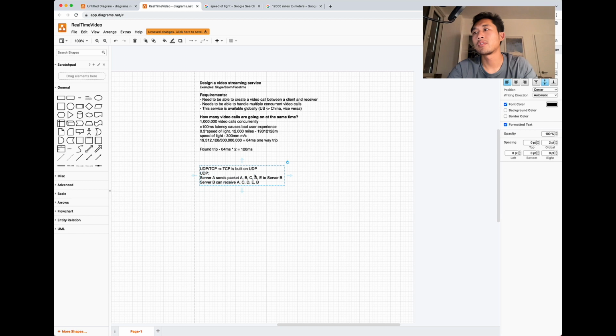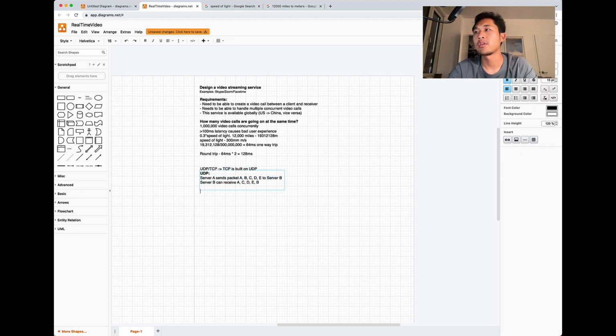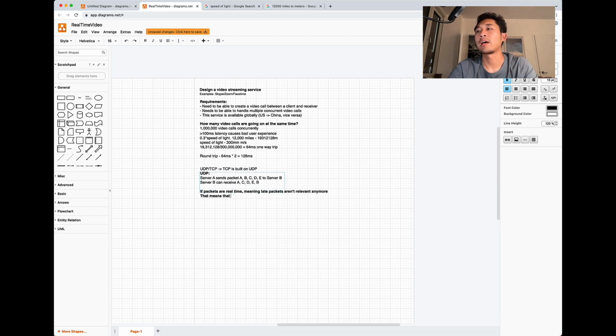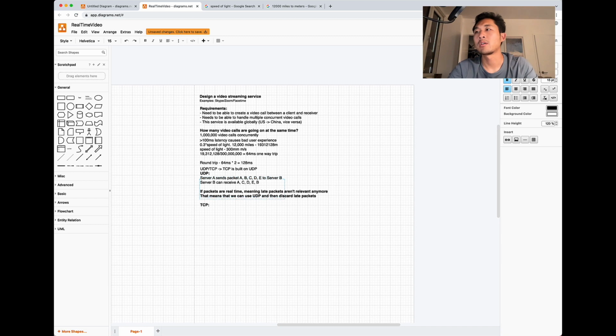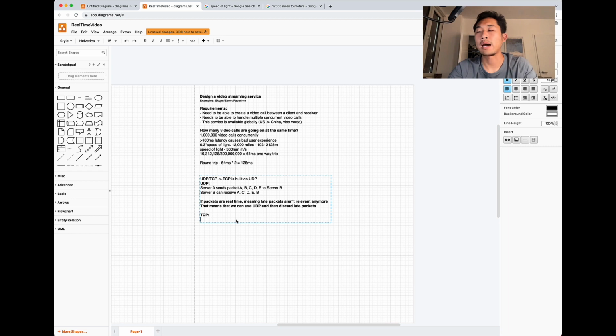This is fine for some applications, because if packets are real time, meaning late packets aren't relevant anymore, that means that we can use UDP and then discard late packets. In comparison, TCP is guaranteed and ordered, but in order for the guarantee to happen, I believe it has to send an acknowledge.